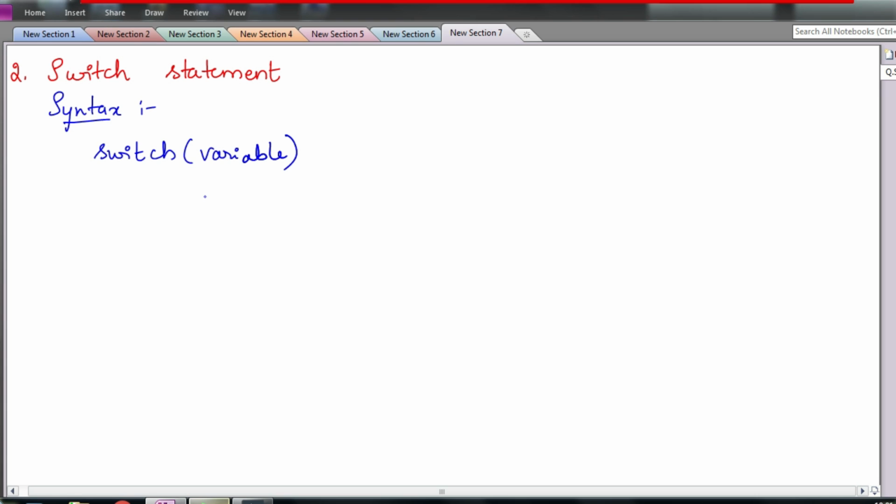You cannot have float kind of variables, or you cannot have relational or logical expressions. This variable must be an int or char variable only, or it can be an expression also, because if we have a char expression, if we have addition of two variables, it will actually be converted to int only.